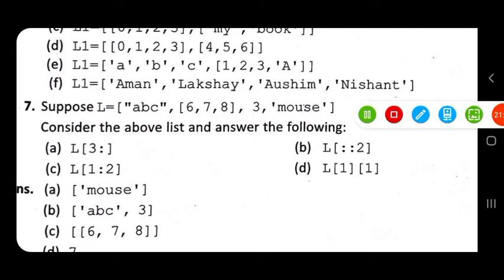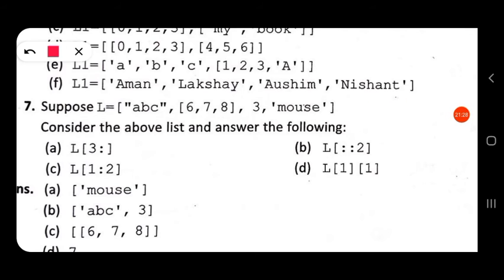Now the fourth question has two arguments inside square brackets. The first one is the index of the main list, and the second is the index of the nested list.